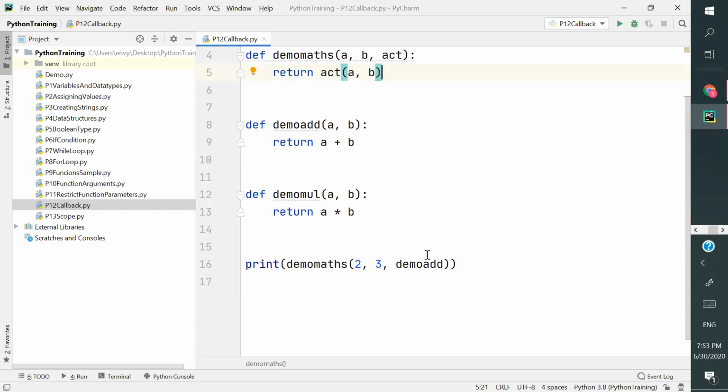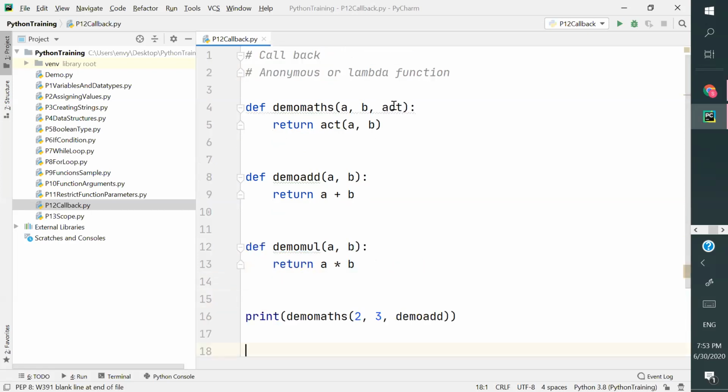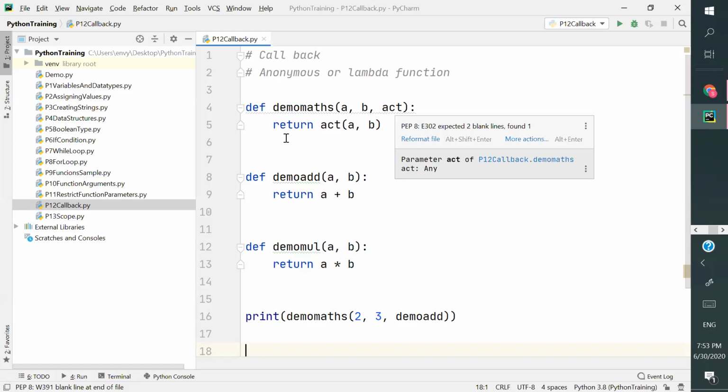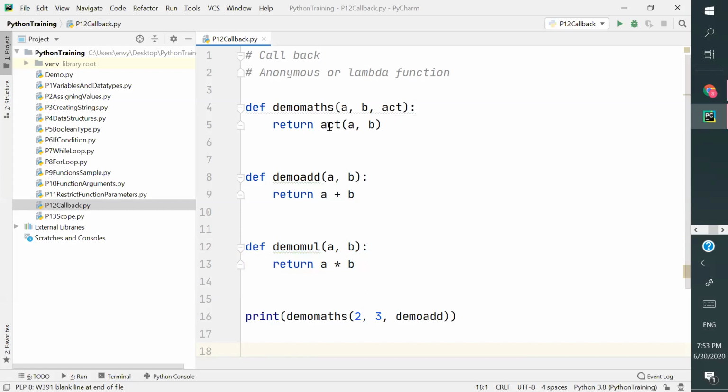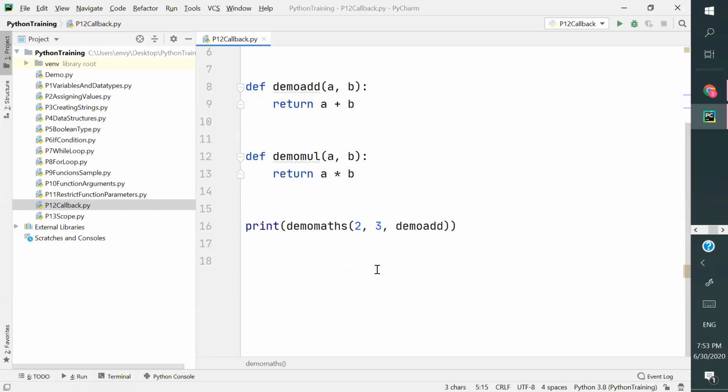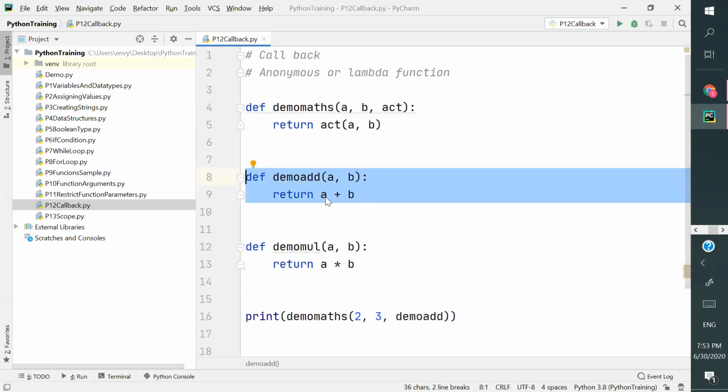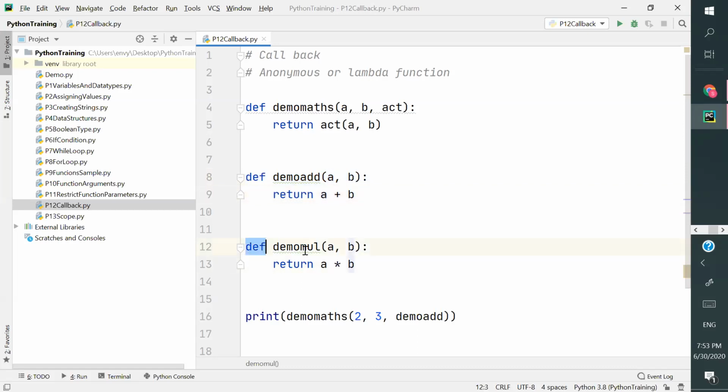So now, what is lambda? Lambdas are anonymous functions. Callback means I can pass a function to another function, and the called function is calling that function. So what is lambda here? When you have a single expression function, like this one that only does return a plus b, a star b, here I'm using def, a function name, parameters, a colon, the return keyword, all these things.